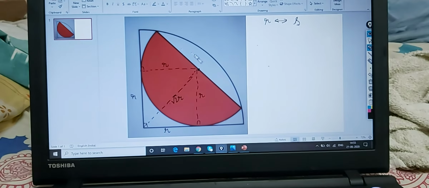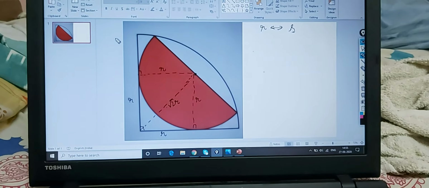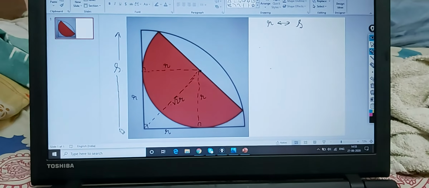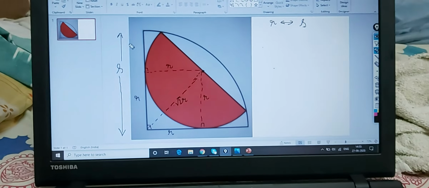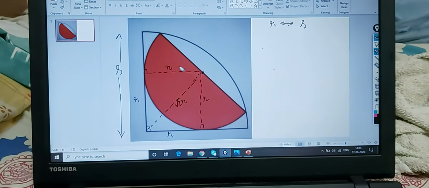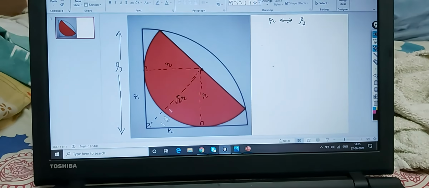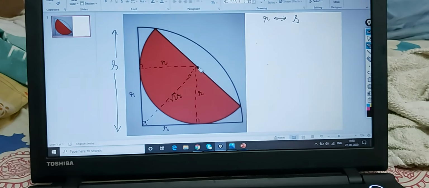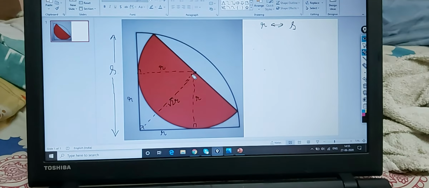Now again, let us see. I'll be writing this as s. This entire radius is s for the quarter circle. So I got at least one dimension now. This is root 2r. So let us try to find out what more can be done. So I'll try to drag this. Okay, this is where it has joined.